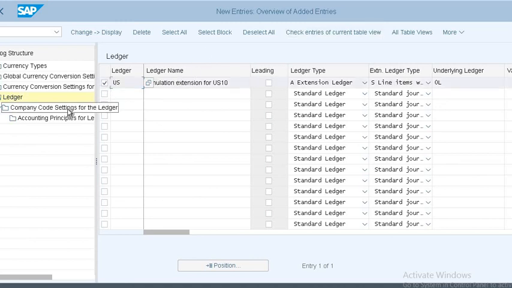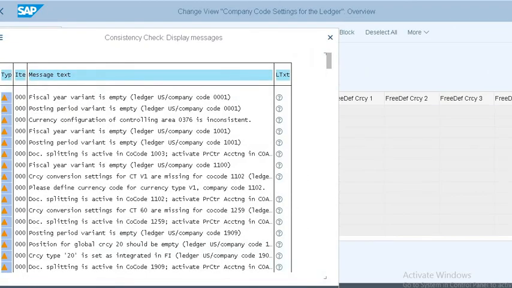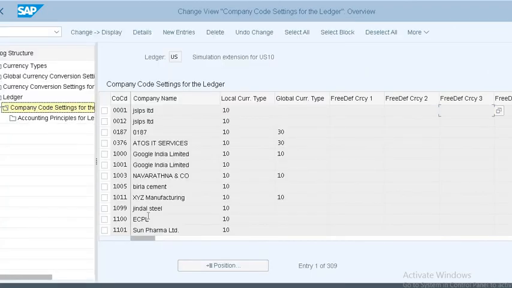So this ledger, and go to your company code. There are many company codes assigned to this ledger, because while we are doing it automatically, all the company codes will appear.